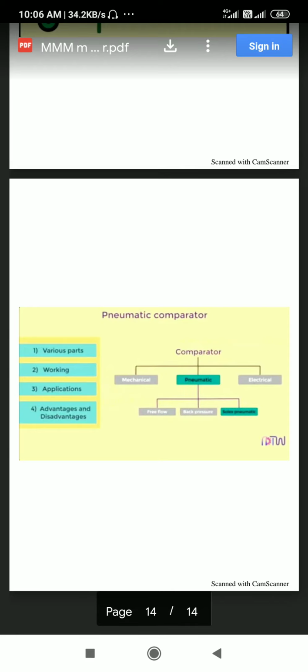So now we are studying comparators. In the previous class we studied mechanical comparators: Johnson's, Reed mechanical and Sigma comparators, in yesterday's class. We have seen all the constructions and features. If you have any doubts, tell me, I will repeat those same topics once again.